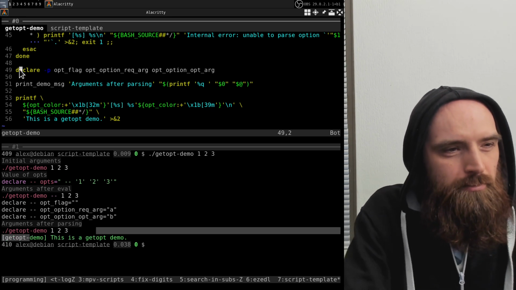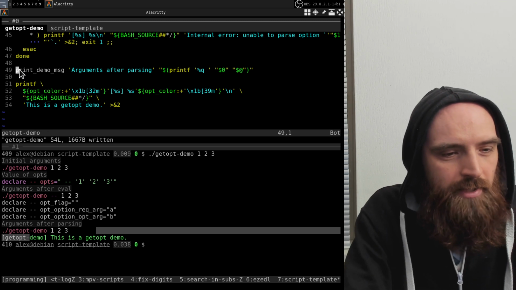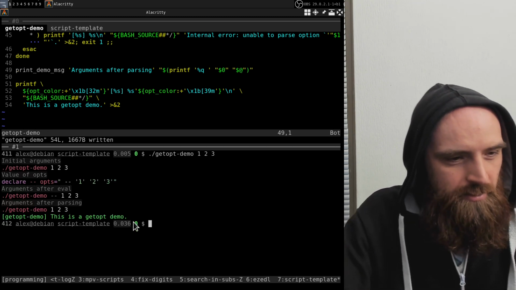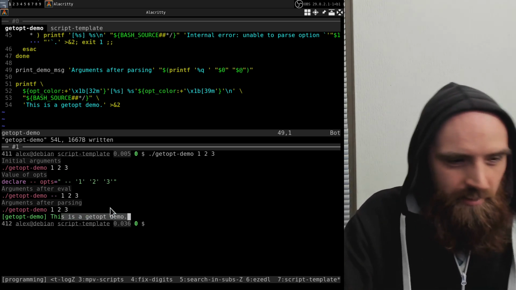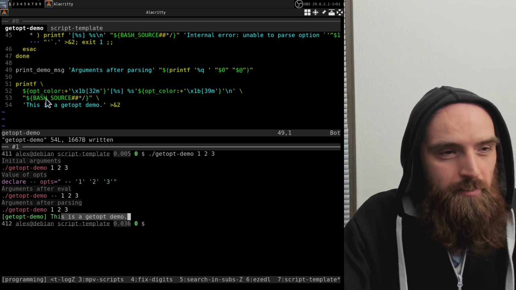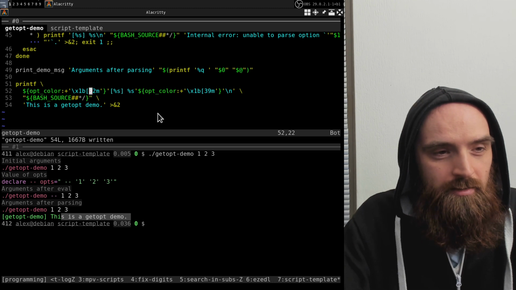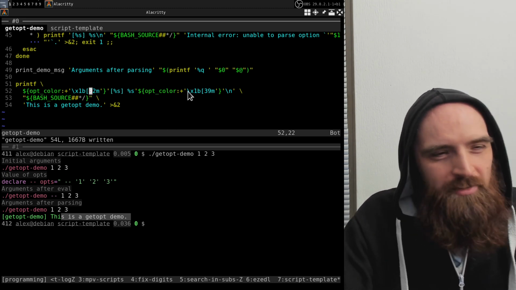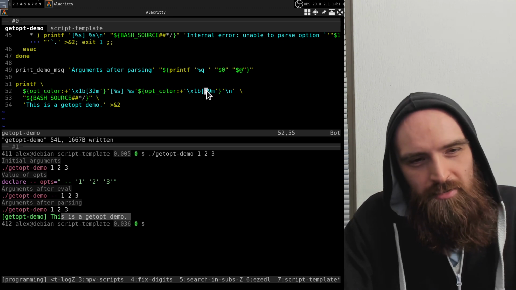Let me remove this declare thing that we created to not clutter the output. So it just prints this message. This is a getopt demo, and it does it in the green color. Now I'm not going to explain in this video how to create